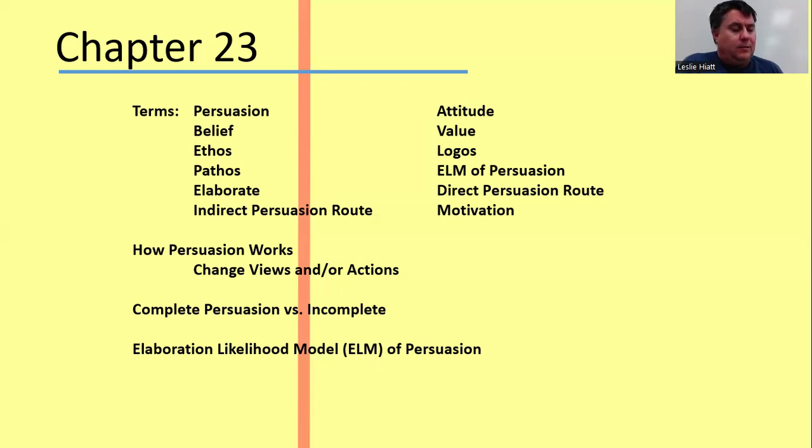Chapter 23, big chapter, by the way. This is the chapter that has the only image in this class. Direct persuasion route is the route you follow when you elaborate, consciously think about, or critically evaluate a message. Indirect persuasion route is one in which you don't elaborate, and are more influenced by peripheral factors of the message and messenger,